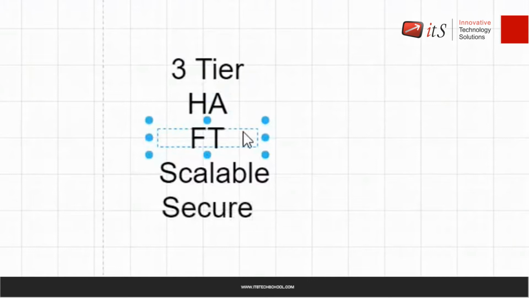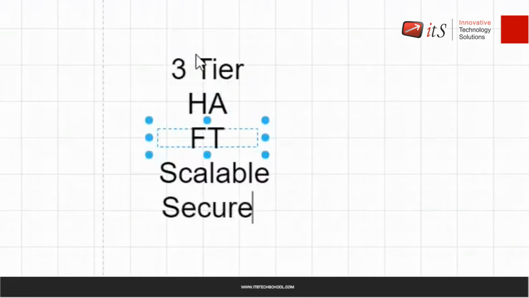Every customer has this requirement. Whenever they want to host a website, or any service on AWS, they all have this requirement. Their application must be highly available, fault tolerant, scalable, and secure, right? And basically, it is a three-tier application.